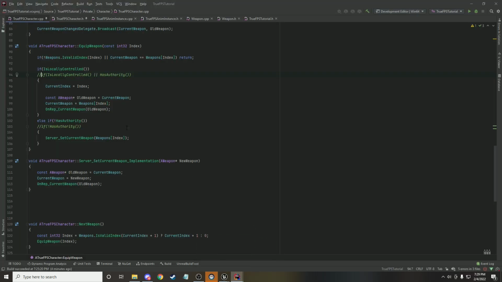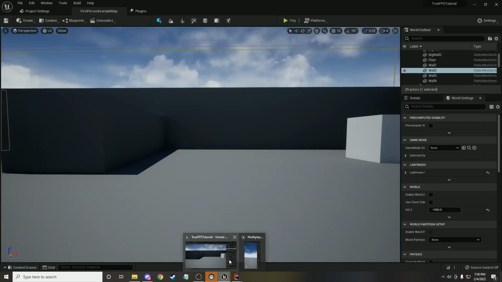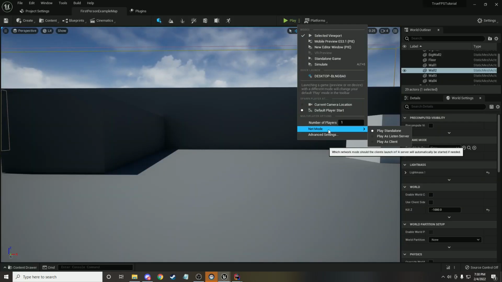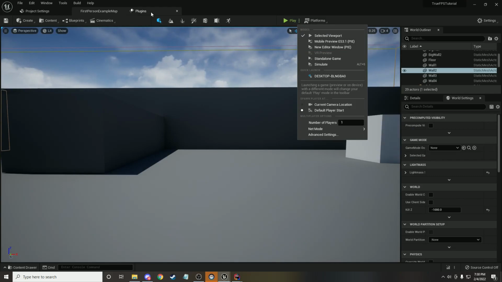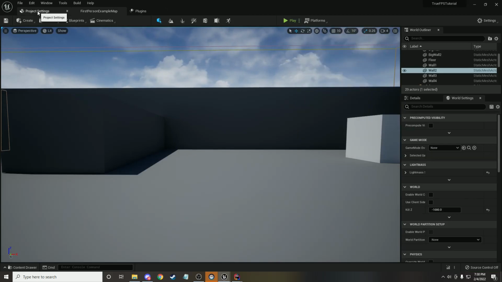So first thing we're going to do is fix a little mistake that I made last time. So this is what I originally wrote. If we are locally controlled, then we will immediately equip the weapon, and if not, and we are not the server, then call the server to equip. But what this ended up doing, I'll just show it really quick, is if I play with a client,